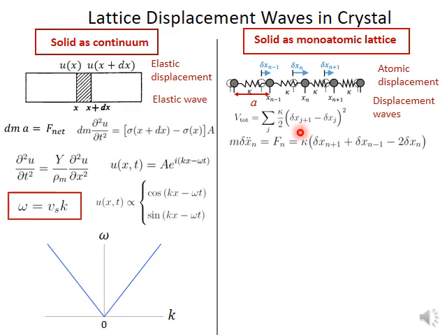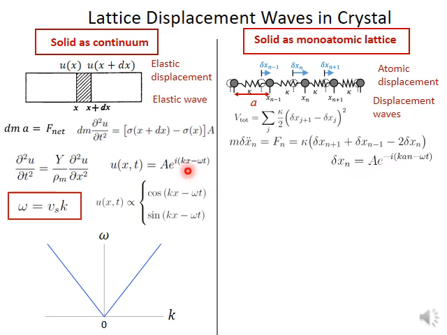So we applied again F equals ma for this situation for a specific atom, the nth atom, within this one-dimensional crystal. To do that, from this potential, we extracted the force exerted on the nth atom by the neighboring atoms, and it turned out to be an expression like this in terms of these atomic displacements. The solution we had for the displacement of the nth atom turns out to be like this,